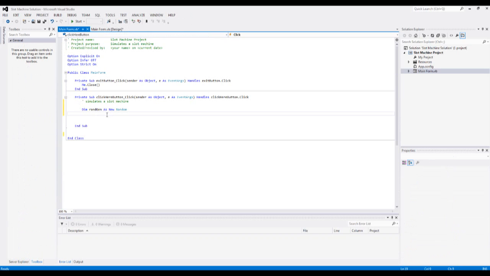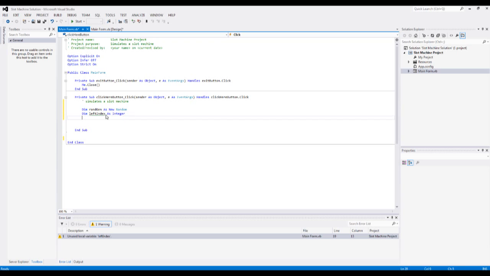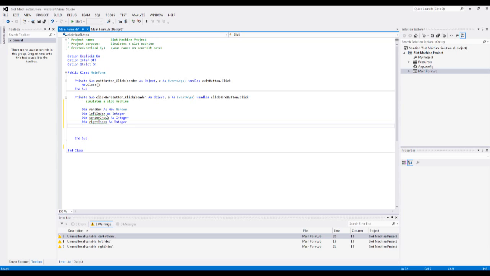So to do that, we have this random generator. We have a left index, let's do it in this case as integer. Similarly, we have a center index and right index. So these are basically the indexes for the left, center and right images. The index appearing here is used to choose the corresponding image in the image list. And now after defining this,